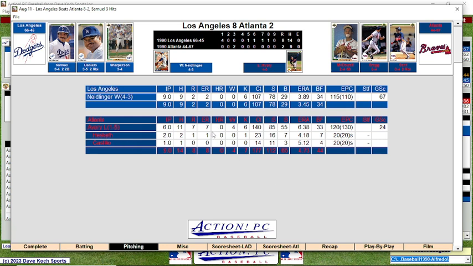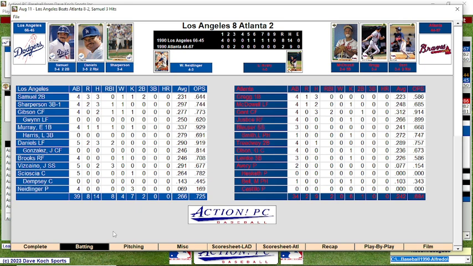Steve Avery came in, did not pitch well. 7 runs in 6 innings. Neidlinger went the entire way with that lead and did not give up a walk. So hopefully that's a good notice of what's to come in the rest of the season, but I'm not banking on that. Samuel with 3 hits, Sharperson with 3 hits, Gibson with 2, Daniels with 3, including 2 RBI, Vizcaino with 2 hits and 3 RBI, including Brooks with the walk.